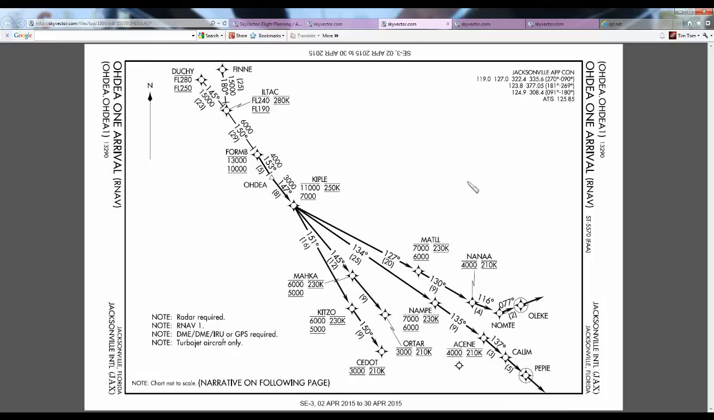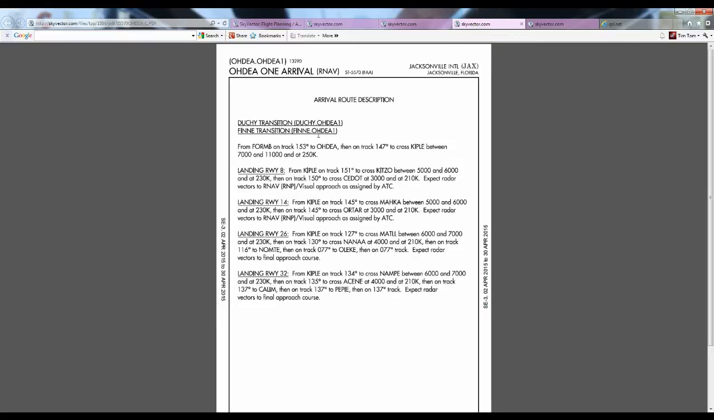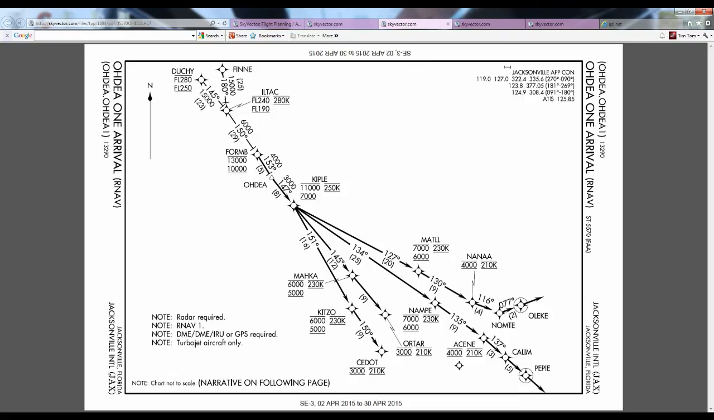Reading these is very simple. So let's look at the notations we've already covered. We got another note, chart not to scale, narrative on following page. That just means the chart's not to scale. So just like before, we can't eyeball the distances. We have to use the distances it has published. Narrative on following page just means the text version's on the next page. And up here we have the frequencies for Jacksonville approach. So Jacksonville approach control is on 190.0, 127.0, 322.4,